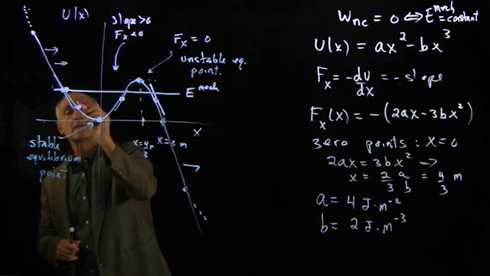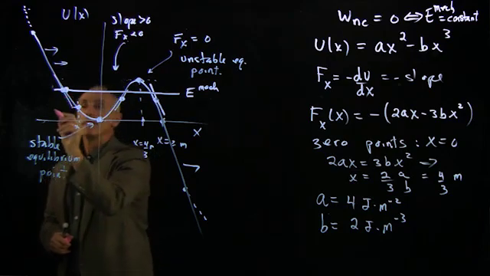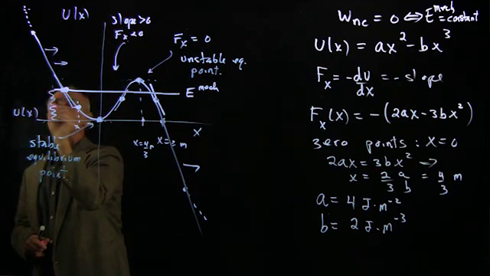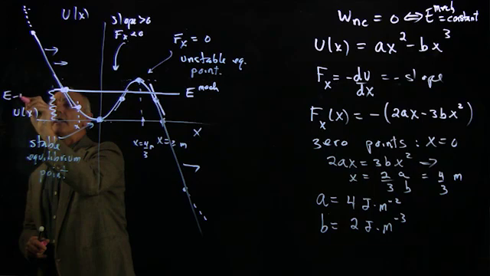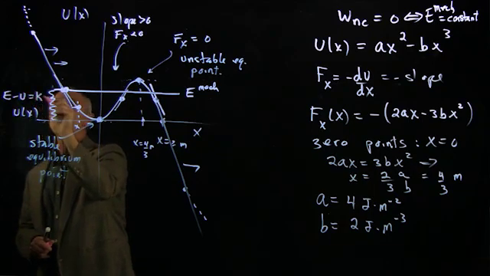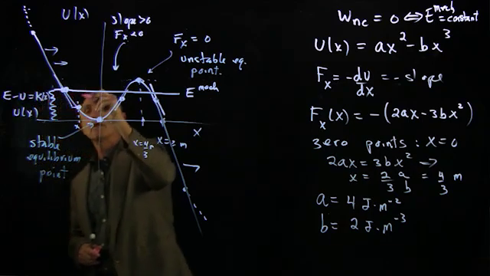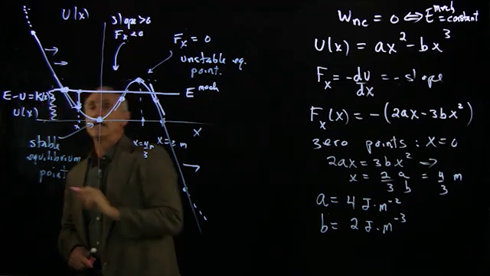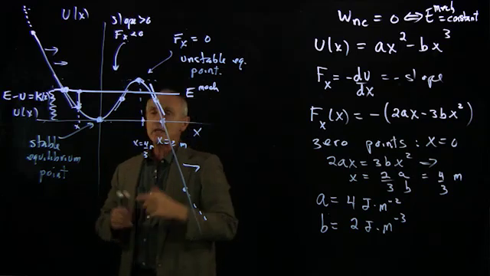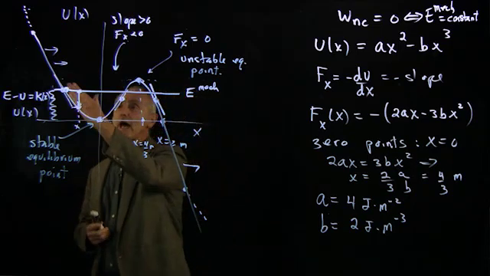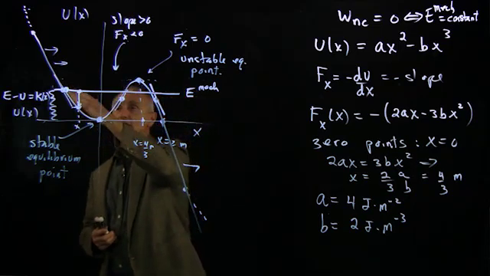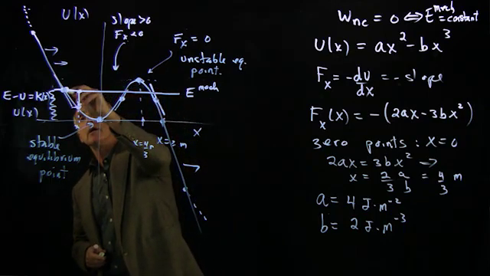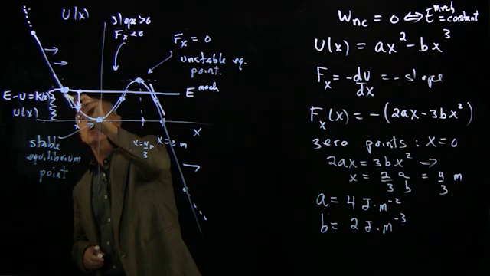If our particle is at this location, then this represents the potential energy, and the difference between the energy and the potential energy is the kinetic energy. So this here represents the kinetic energy. And now we can ask ourselves, what would happen to the energies as our particle is moving? So if we start right here, the kinetic energy is 0 because all the